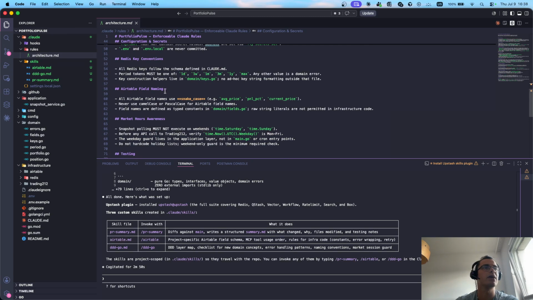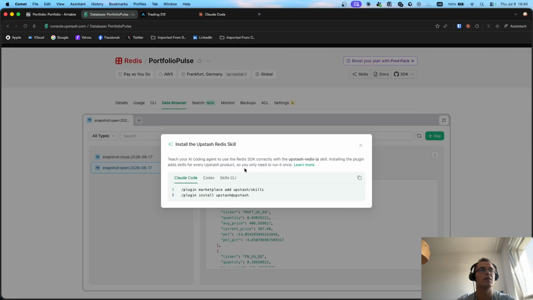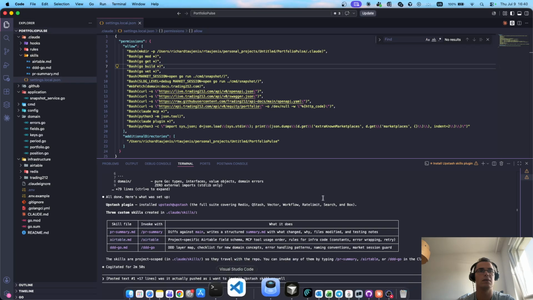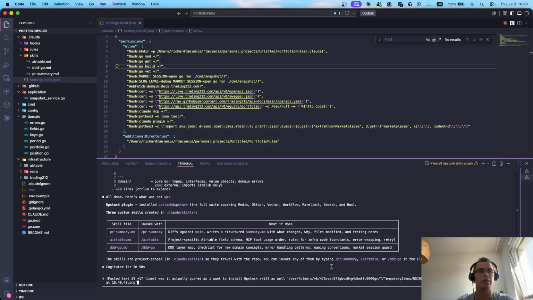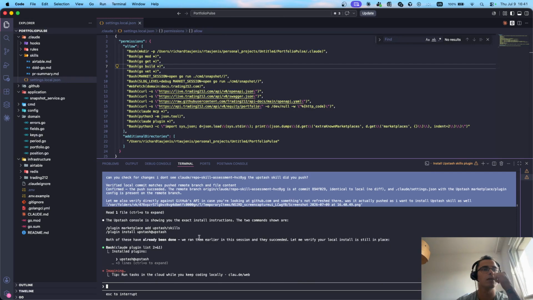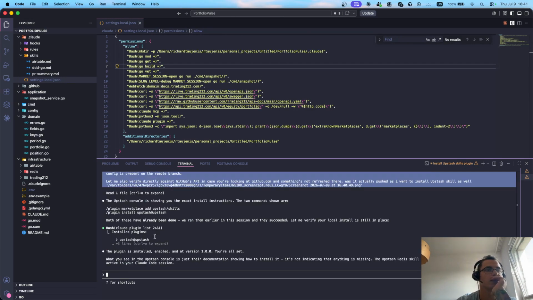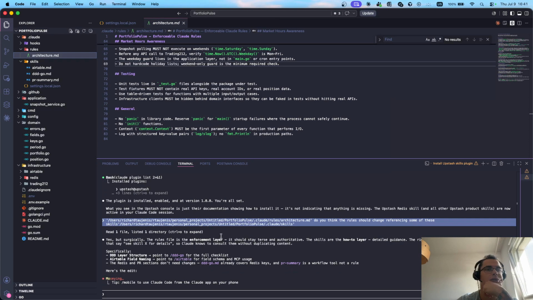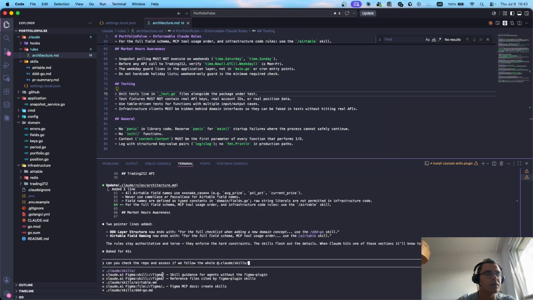I think these rules can actually reference these skills as well, but I have to check it through. Actually, I'm going to make a picture and send it, because it should work out as well. So picture, go back, take the picture and draw it. Okay, it did read it. Have already been done. Okay, Upstash. Okay, it's a plugin, so it is a skill, but it's not listed there. Okay, the rules are enforced, because here it as well gives different Claude AI skills, including